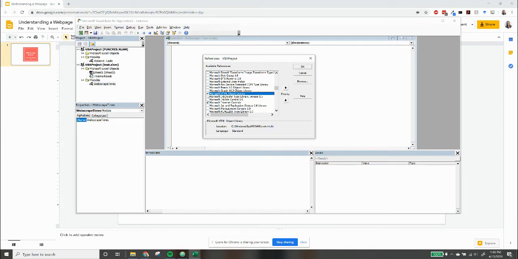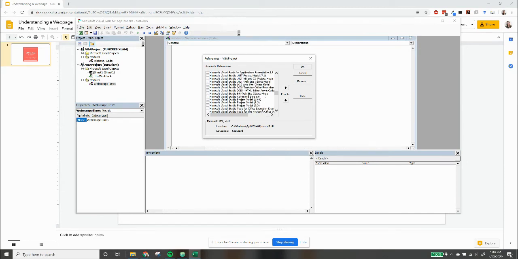Makes it super easy. And the last one is Microsoft XML v6.0. So that'll be a bit further down. Right here. Okay. So we imported those 3 libraries, and generally speaking, what each of those are is Microsoft